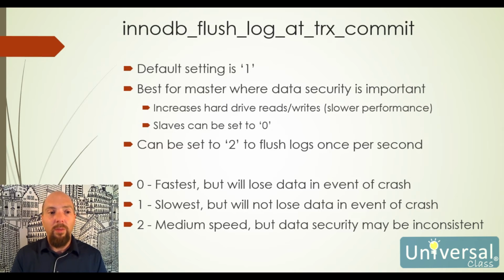The InnoDB flush log at trx commit, the default setting is 1. This is the best for the master where the data security is important. It increases the hard drive reads and writes, so it'll make the system a little bit slower. Our slaves can be set to 0, but essentially what this does for us is that it will write data to the files, but it will not remove it from memory until it's sure that it's actually been committed to the hard drive. Now, like I said, it'll cause the system to be a little slow,